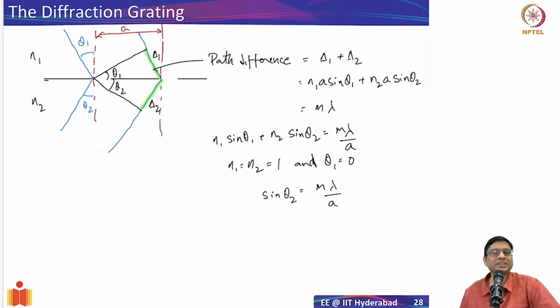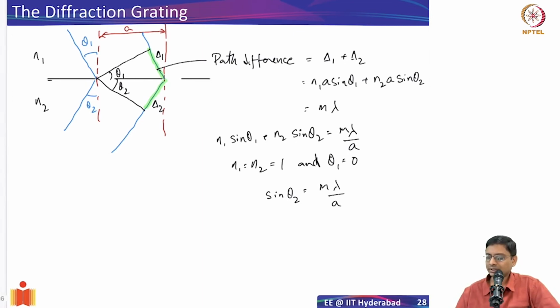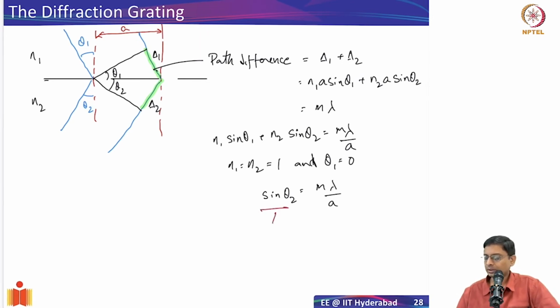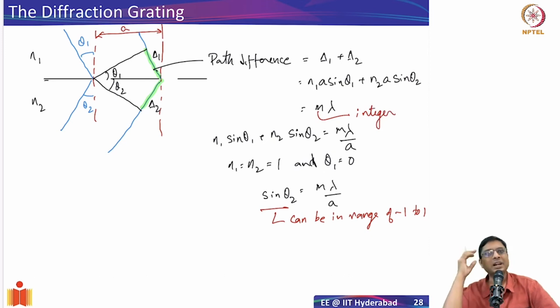It doesn't matter because sin theta 2 can only be in the range of minus 1 to 1. So you have to have m, in this case m is an integer. So when you have a scenario where lambda is much greater than a,